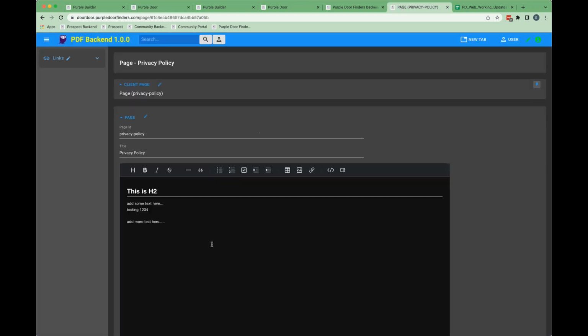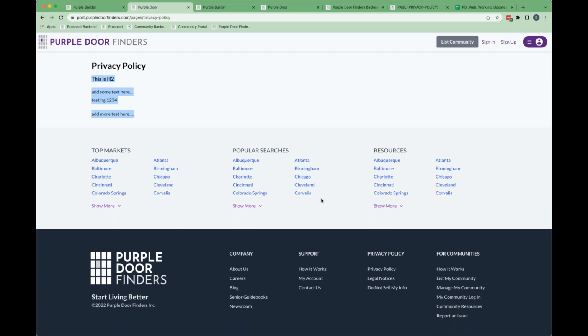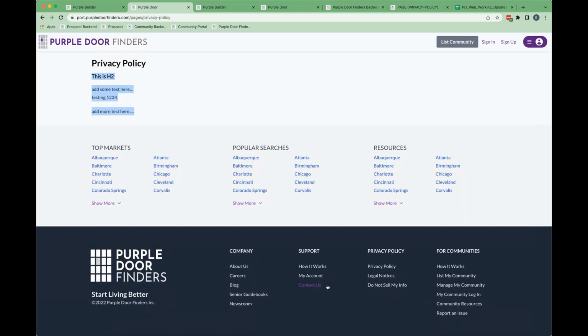You can modify it and it will just update. But some pages, like my account, are definitely more complex and cannot be like that. Or careers, these pages are not like that. So we need to decide which ones can be just markdown and which ones need to be specific.